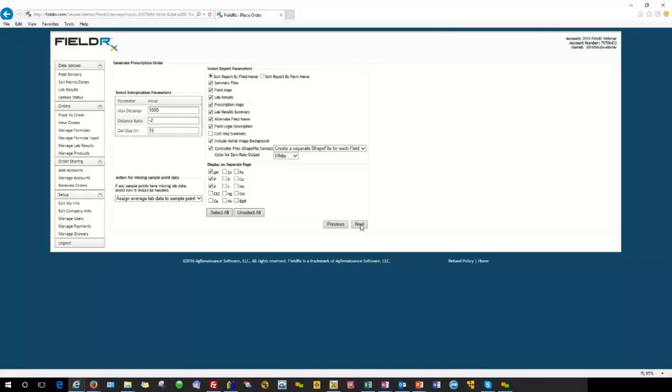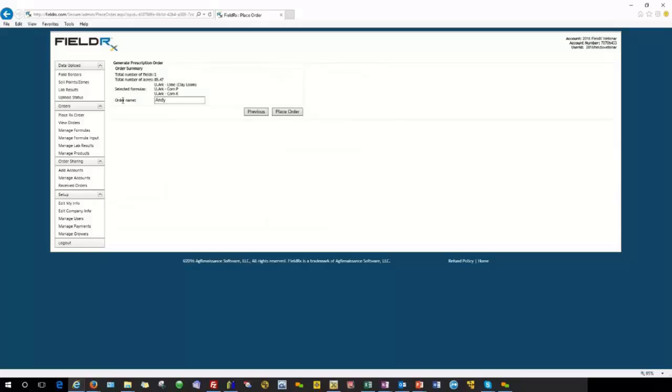And then we'll go ahead and say next. This is where it gives you a summary: 2 fields, total number of acres, here are the formulas, and here's the order name. You'll want to create a unique order name here, because after a while you're going to build up a list of all of your orders, and you can keep your orders for as many years as you want. We don't delete them. Even after the 12 months, you can come back and view those orders and download them as long as you want. So, I may say, okay, this was Andy,